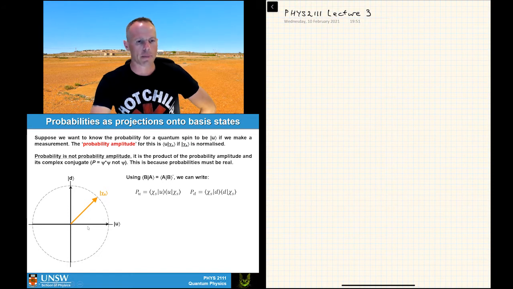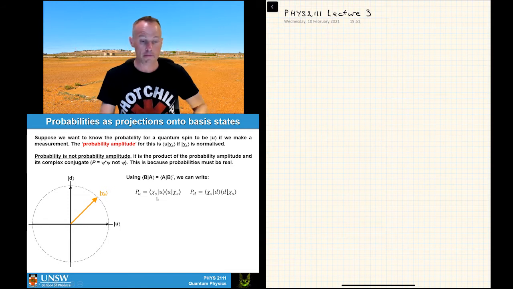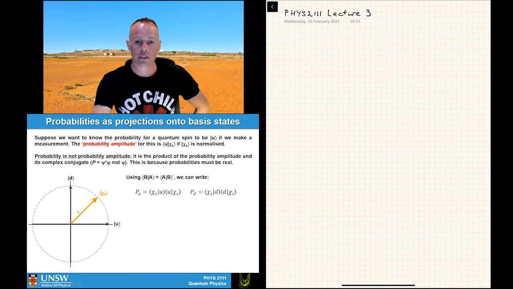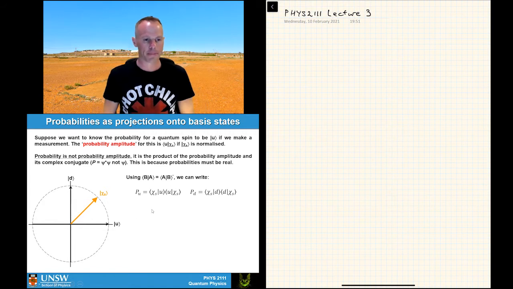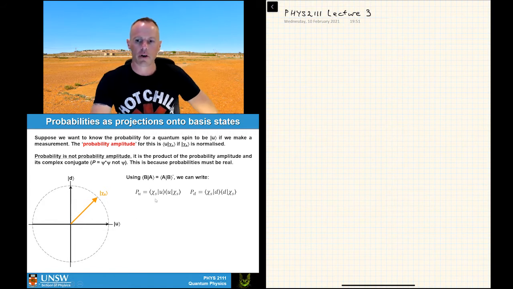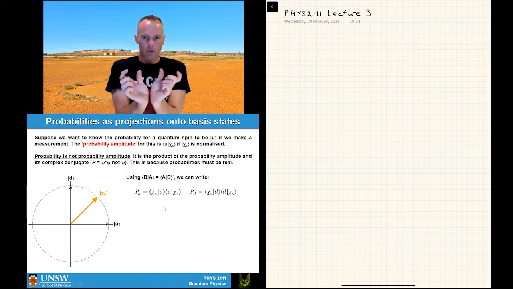the spin being up by taking the product of the inner product of up and chi s and its conjugate, okay? And if we want to find out the probability of down, we would do the same thing, except now we would insert the basis state down instead of the basis state up, okay? Now I've written this in a very specific way, and the order of these two operators that I've written here